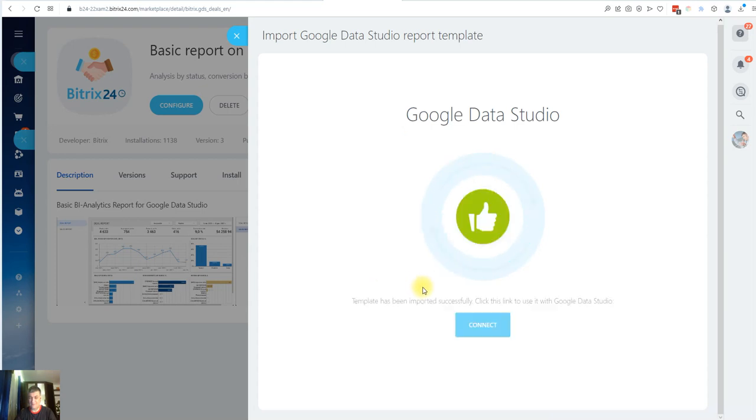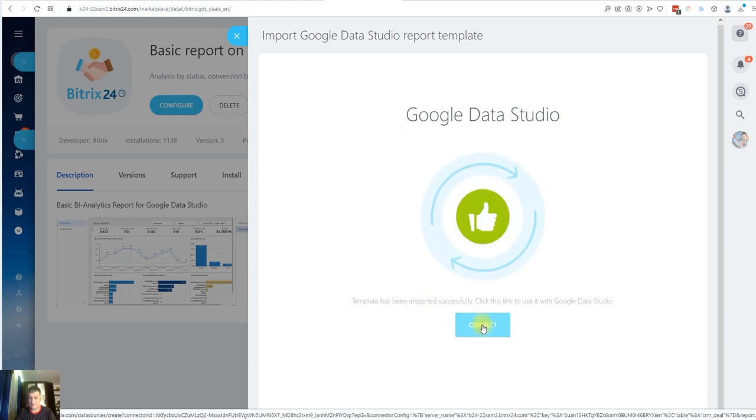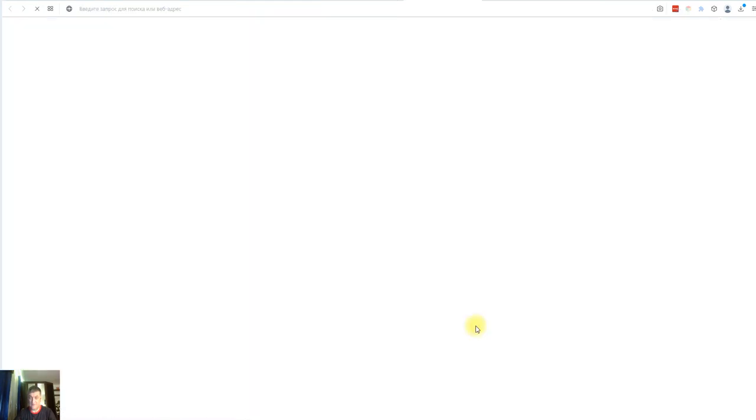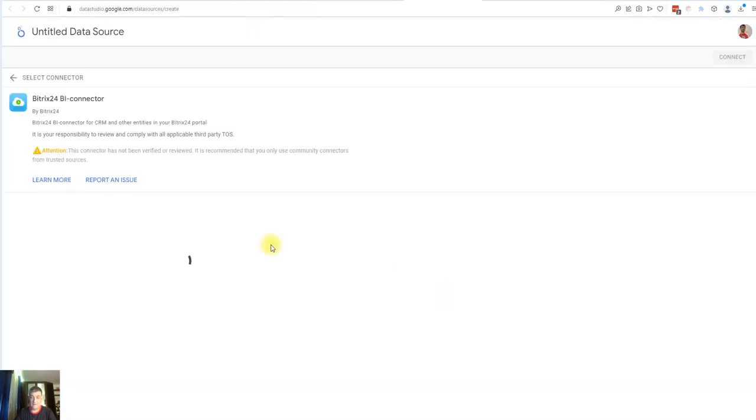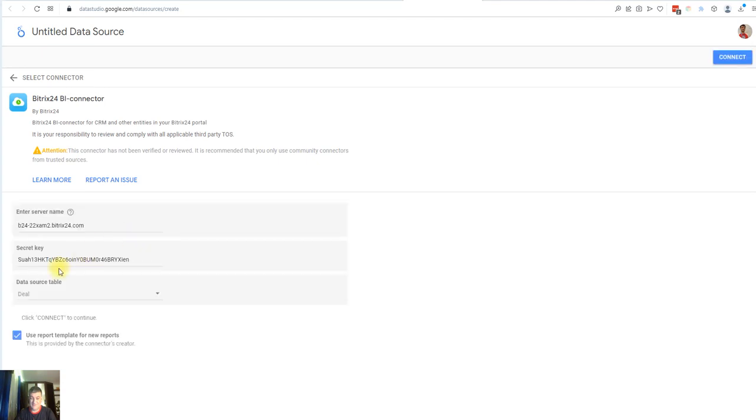This is some garbage, but we need to move through these walls. Connect. Here I need to select deal, and I need to deselect this checkbox. I don't want to use report templates. After that, press connect,